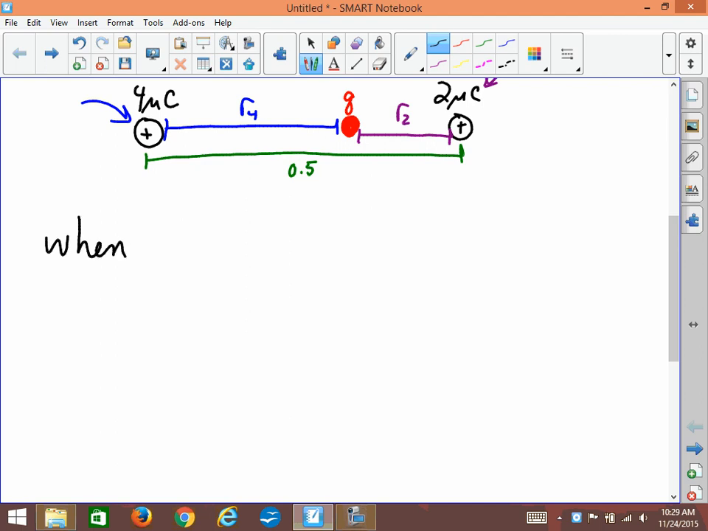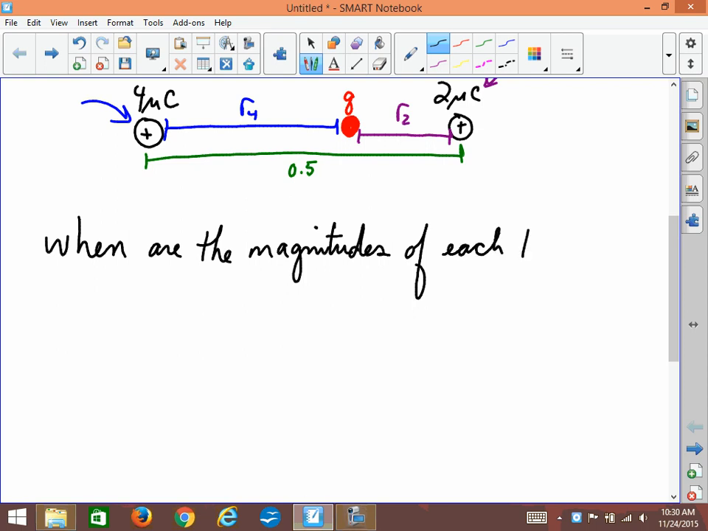When are the magnitudes of each force the same? That way I don't have to sweat too much about my directions. Magnitudes only. So we know there's a force associated with between Q and the 2 microcoulomb charge, and there's a force associated with Q and the 4 microcoulomb charge. And we want to know where are they the same. So how do we say that